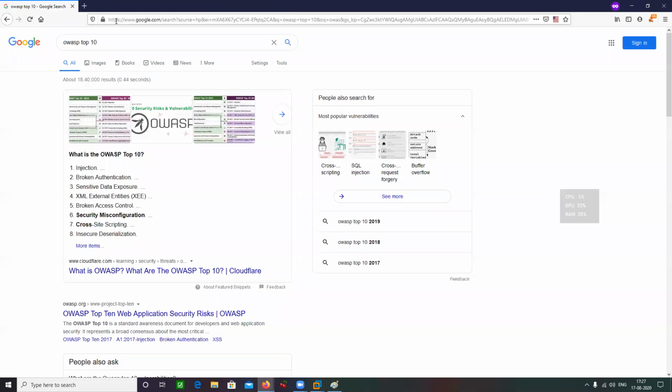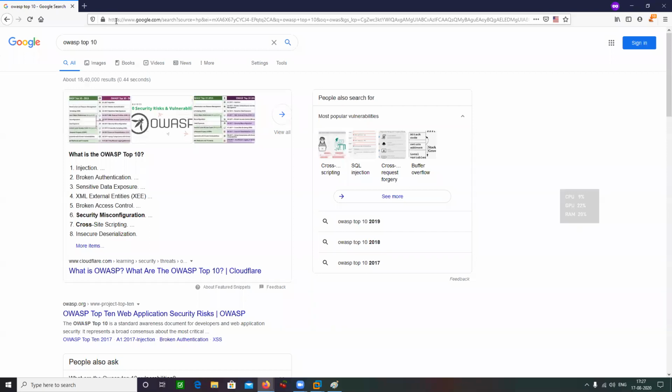OWASP basically stands for Open Web Application Security Project. And what is it all about? It's a non-profit organization, powered by independent and freelance security researchers.